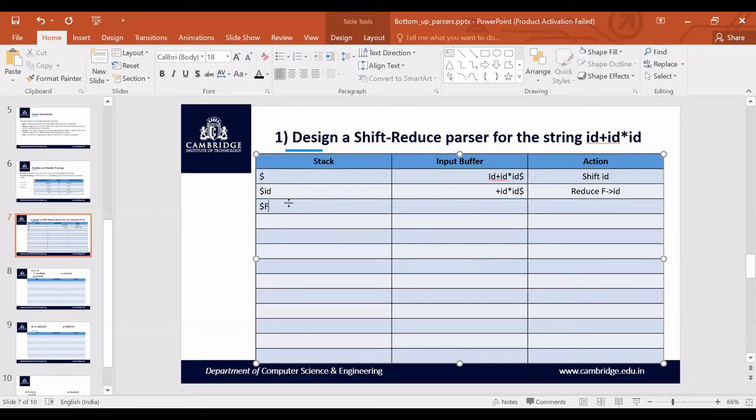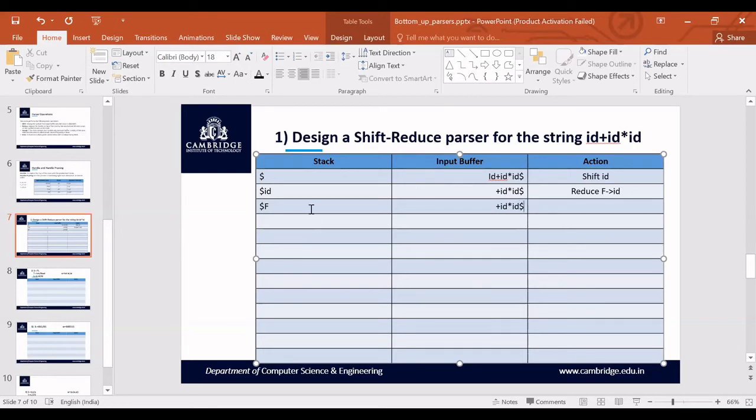Yes, F derives id. So you are reducing that id to F, and on the input buffer, you still have plus id into id followed by the dollar symbol.